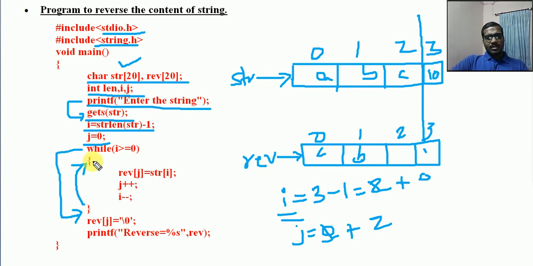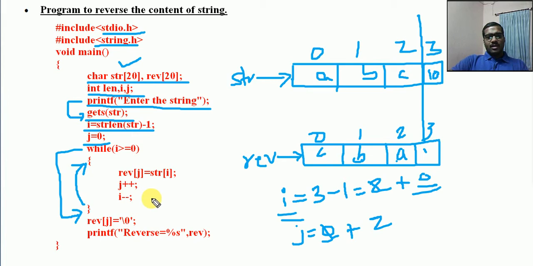Next iteration, while i greater than or equal to 0, it is true because it is equal to 0. REV of j, REV of 2, this one is equal to str of i, that is str of 0, that is A, will be added here.